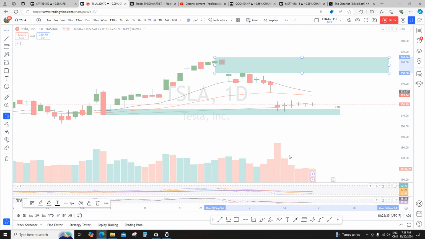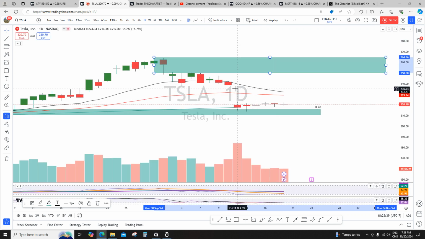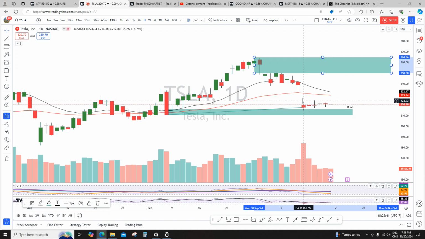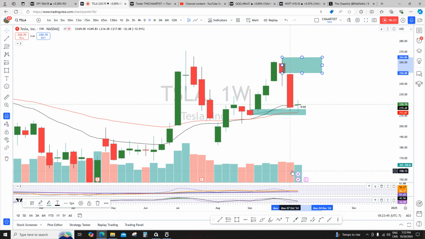Now on weekly, clear cut, this invisible candle which I was trying to make, which I was assuming, is now clearly visible on weekly. Look at the volume here. After that, think logically. I'm not criticizing anybody, but I'm just trying to make you understand. I'm showing you live. This is the data. This is what you need to believe. If you have any questions, feel free to ask me.